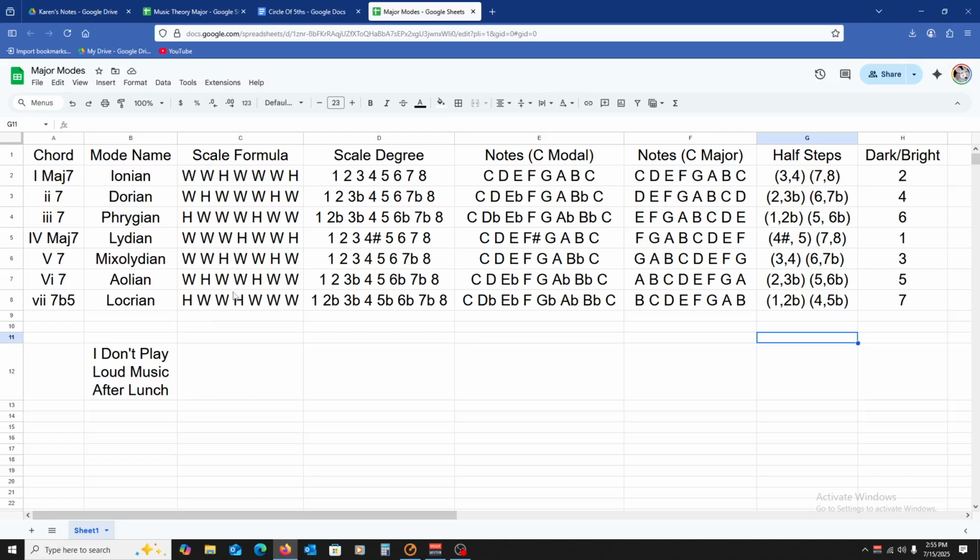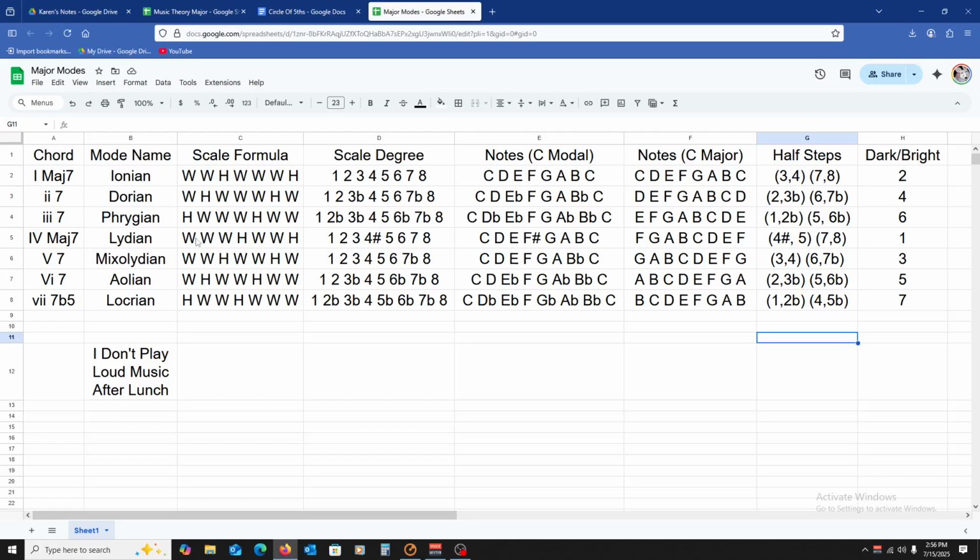For general everyday use, if you're writing more pop rock, more what you might call standard radio songs, Ionian, Dorian, Mixolydian, and Aeolian, those four modes, rather, not keys, are probably going to be the most popular and the easiest to use in those types of music. Phrygian, Lydian, and Locrian are all going to be a little bit more special use case,